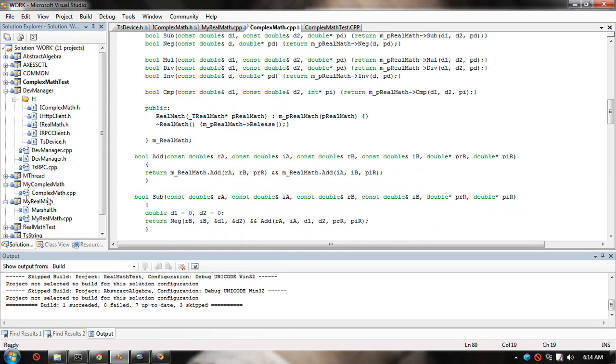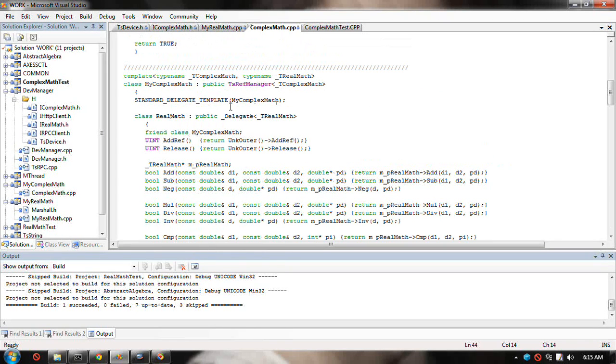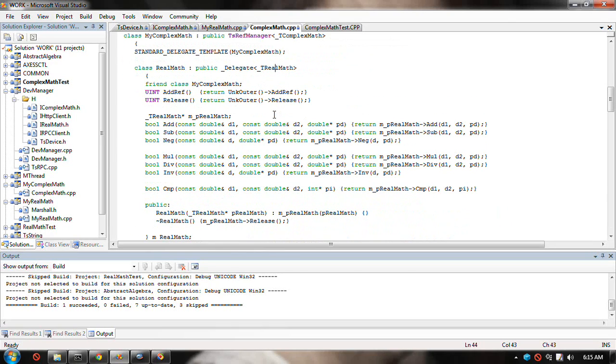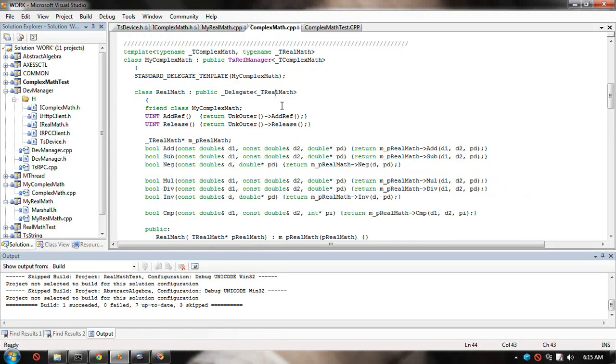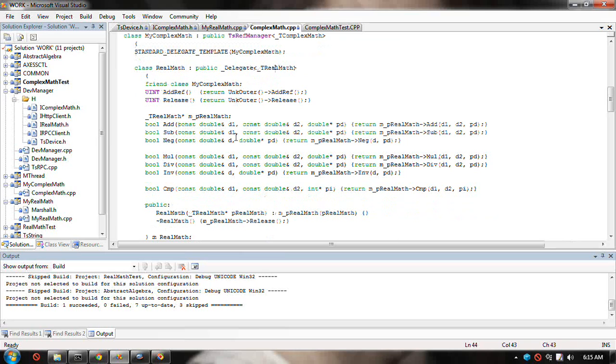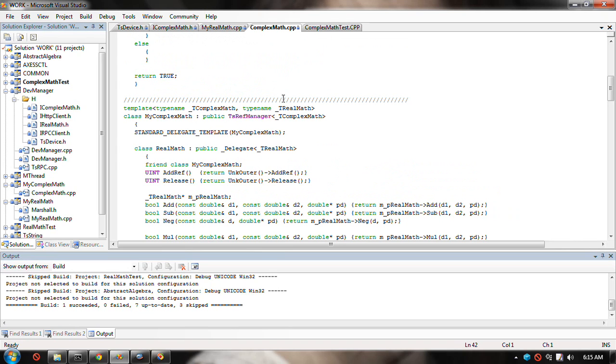There is no marshalling code in this complex math, and there doesn't have to be, because the marshalling is done through this object, which is a delegate of something, and that something would be a marshaled real math object. Well, after figuring that out, I thought that was great, and everything was wonderful, and it was going to be a piece of cake. But I couldn't figure out how to get the declaration, how to see underlying this delegate thing is a function